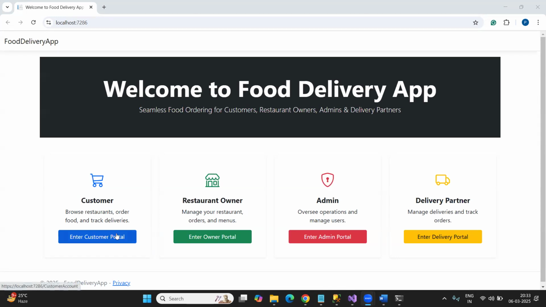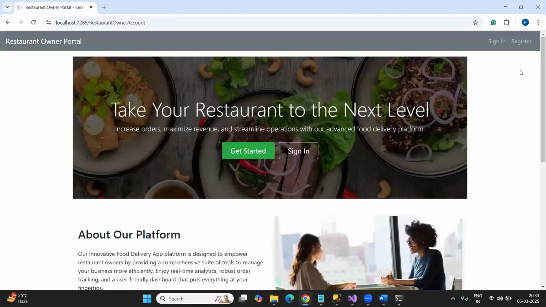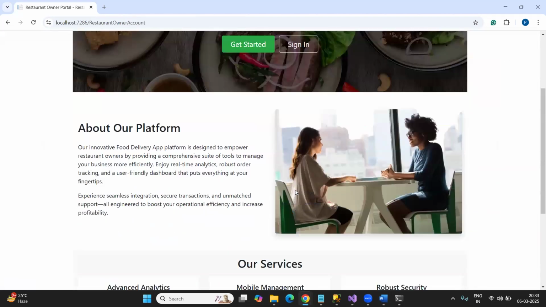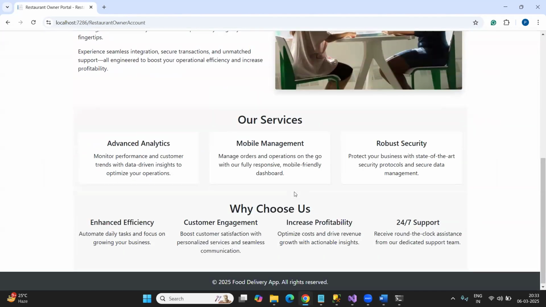Ideally, in real time, you can have different types of application or portal, but here in a single application we are developing everything. So now, whenever the user clicks on this link, we need to navigate to the restaurant owner landing page. So once you click on this, this page will open. So here it will ask you,